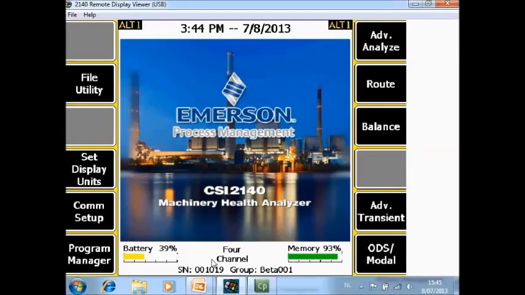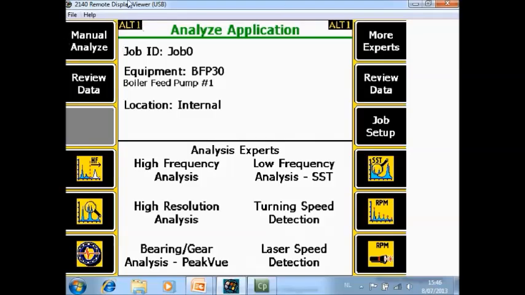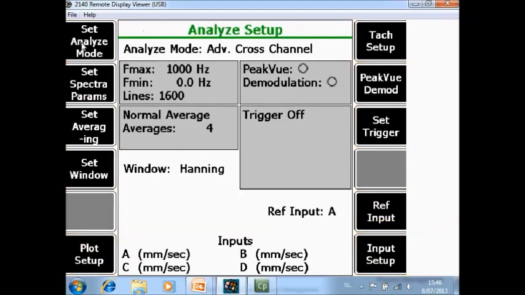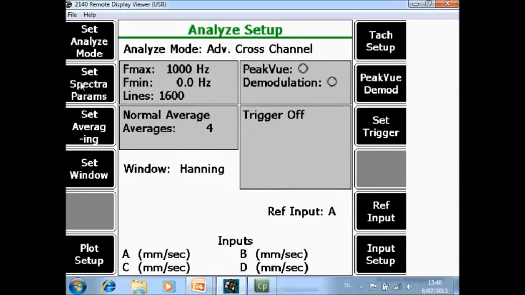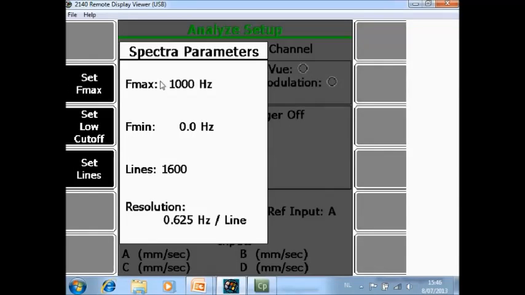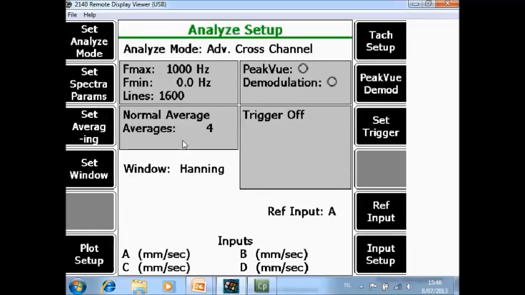What you're seeing now is the home screen of the CSI2140 machinery health analyzer. If you want to collect advanced cross-channel data, go to F7 Advanced Analyze, go to F1 Manual Analyze, and in Set Analyze mode, select from the list Advanced Cross-Channel Measurements. In F2 you can specify your Fmax, in this case from 0 to 1000 Hz with 1600 lines of resolution. We will collect 4 averages,